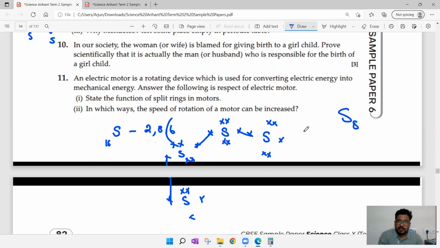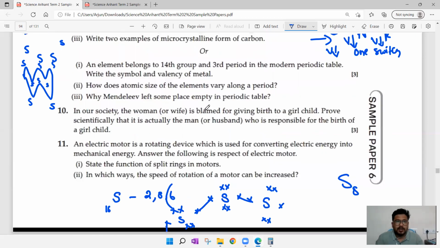S8, either circular shape or crown shape. In the textbook also you can get that. That is a text question basically. Next,